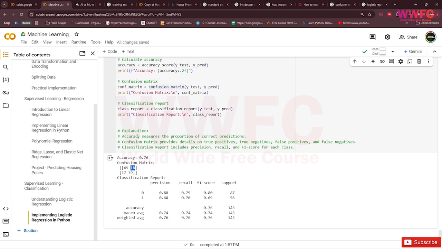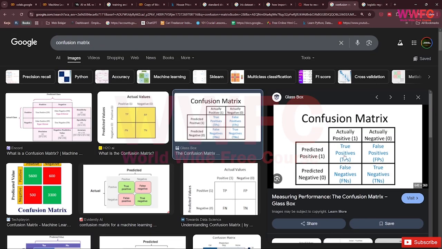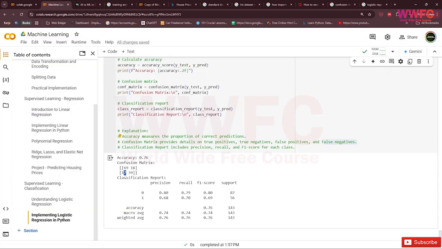So the explanation is: accuracy measures the proportion of correct predictions. So 76% is the accuracy, but the confusion matrix provides details on true positive, true negative, false positive, and false negative. This is true positive, this is true negative, this is false positive and false negative.